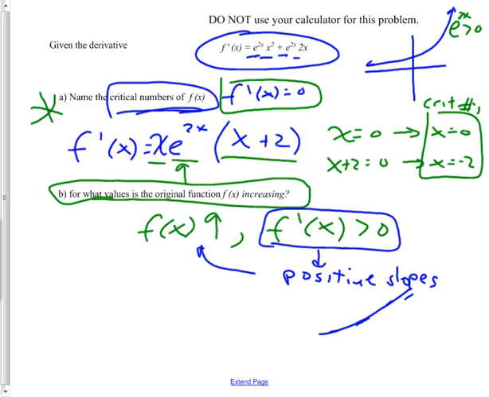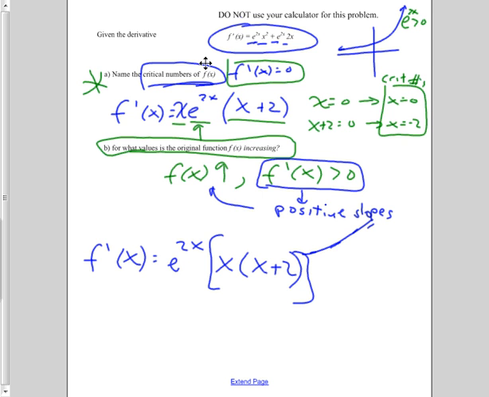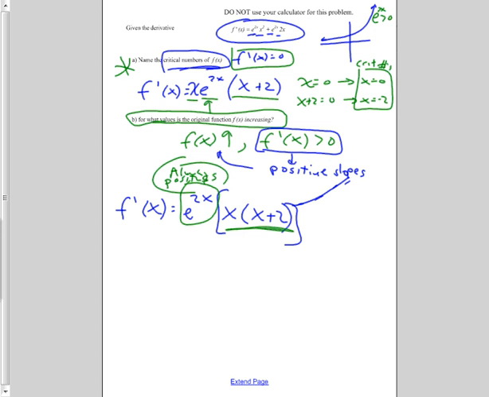Okay, so when is this increasing? Well, let's think about it. We've got f prime of x, and I'm going to write it as e to the 2x times x times x plus 2. And I'm writing it like this because this portion is always positive. So we can kind of ignore it. It's always positive. But if we look at that and make a sketch of it,